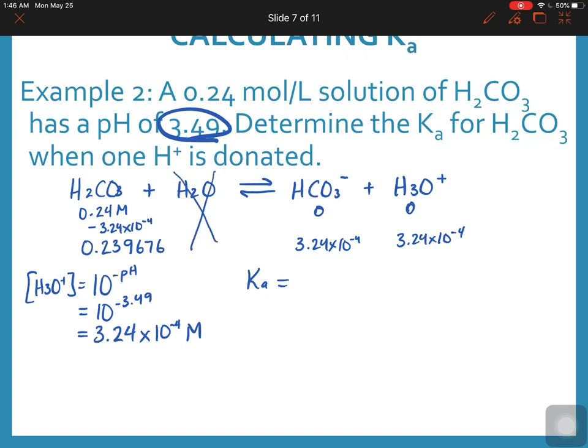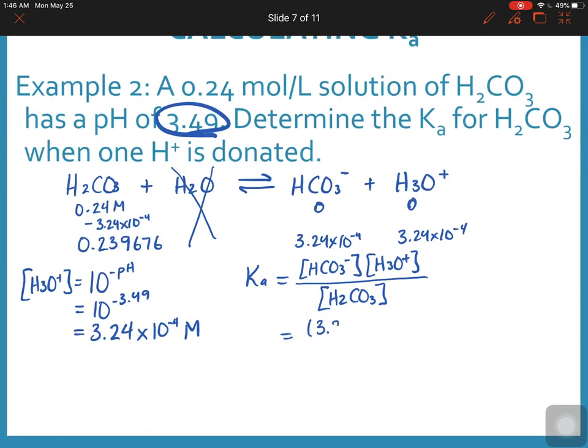water, which is in a pure state. So concentration of HCO3 minus and H3O plus, and all our exponents are 1 because all our coefficients are 1, and H2CO3. So I have 3.24 times 10 to the negative 4 times 3.24 times 10 to the negative 4 for my products, all over 0.239676,